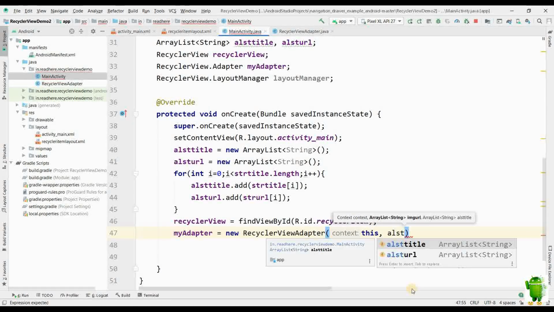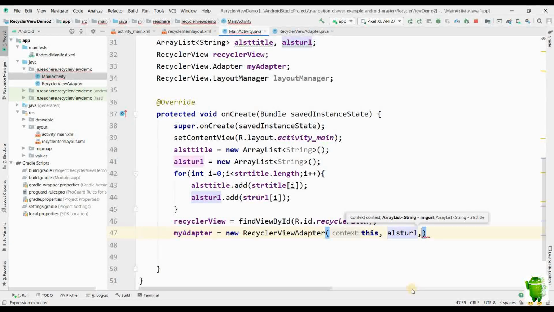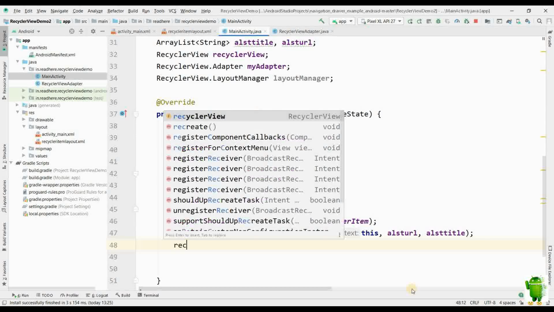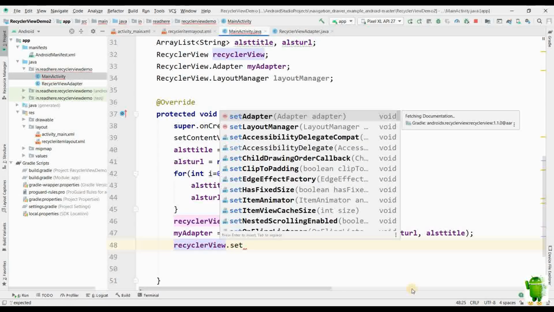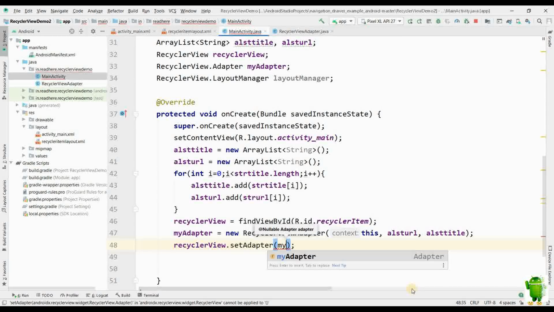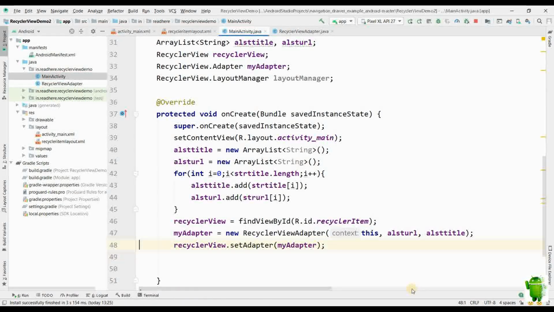Into that we'll pass three arguments: context, that is this context of this particular activity, ArrayList URL first and then ArrayList title. So now the adapter object has been created.